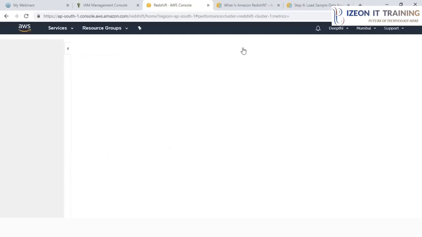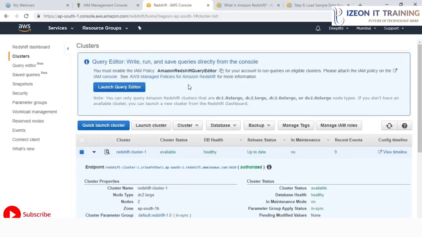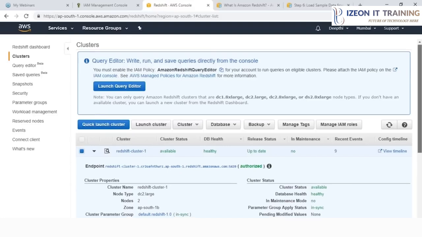Well, that's all about Amazon Redshift. So guys, this is how easy it is to create a data warehouse using Amazon Redshift. Go ahead and explore many other features of Amazon Redshift. I've just shown a part of them here. So go ahead and create a database, perform